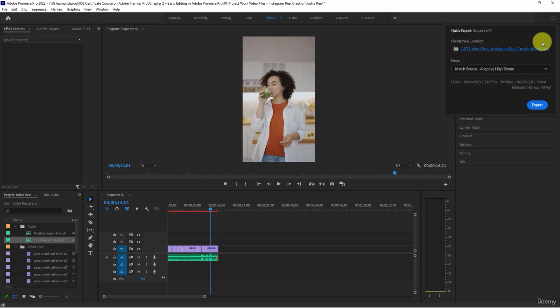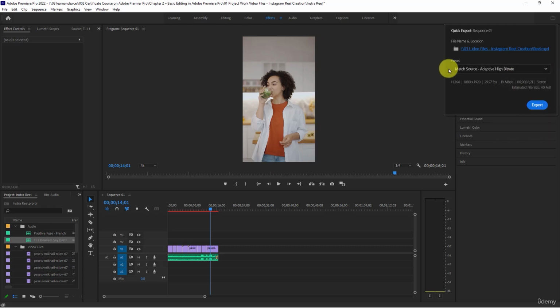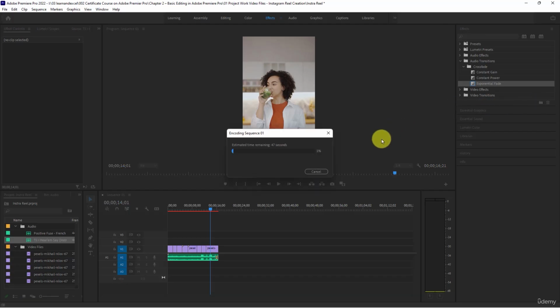So now I have chosen the particular location. After that I can choose this preset value, how I need the quality. I just want to keep the 1080p quality, and if you want to keep the particular values that you have, we can choose the default one, and you can see how we have the dimension here, the frame rate as well as other things. Now I choose the export option. So this video will be recorded